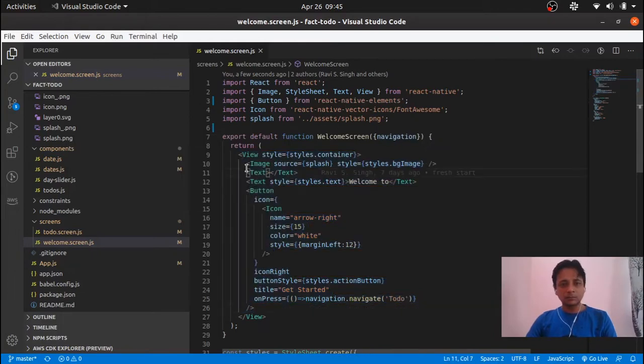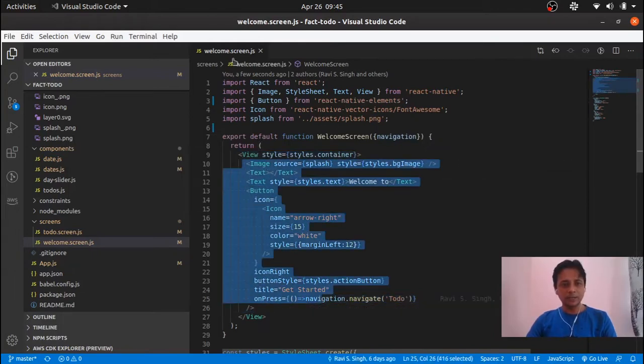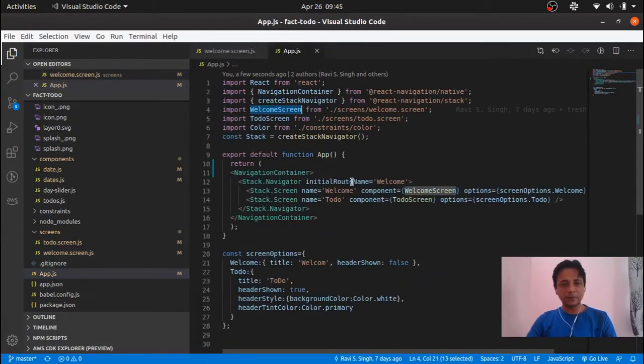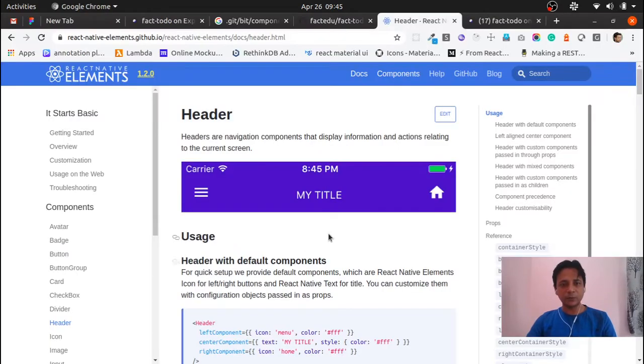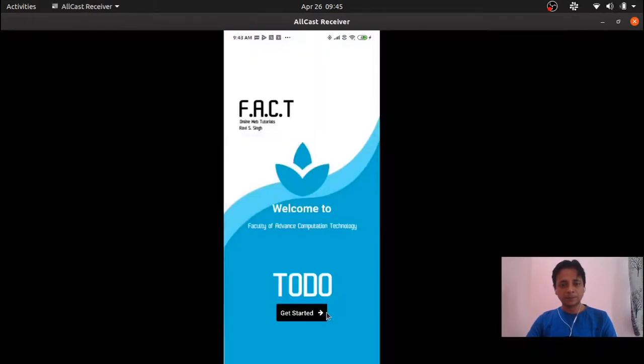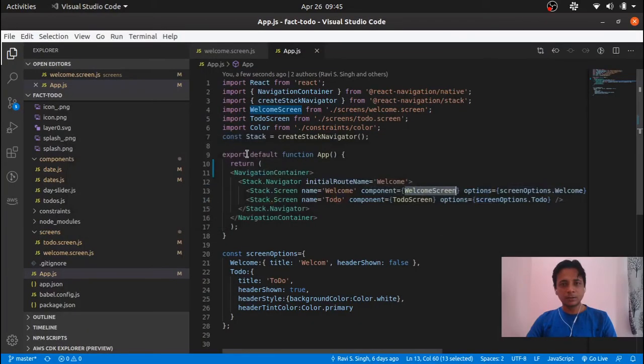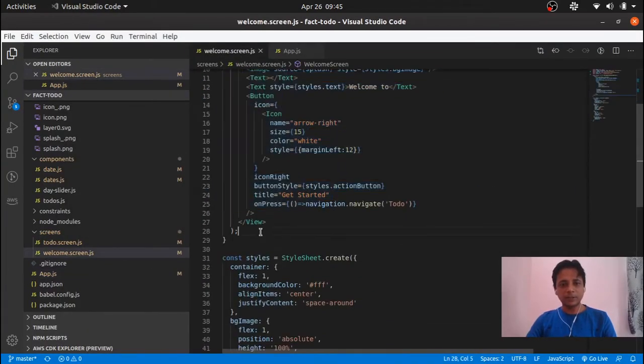Okay, so this is my welcome screen, that is being navigated by default. When I say initial route in stack navigator, this is going to be welcome. The name suggests that I'm going to move to the welcome screen at first, and then this is the component that is being loaded. And then when I'm clicking on this to do, there is a button in welcome screen that I have already shown you, which is this one. So when I'm going to click on this, there is a function written for that over here. When I'm going to press on this, it is basically going to navigate to the to do.